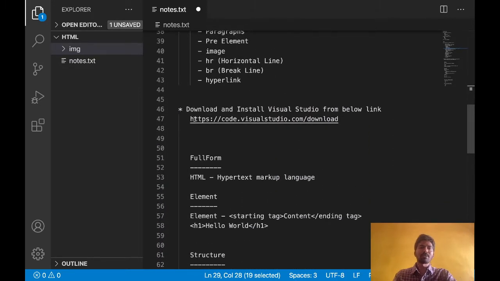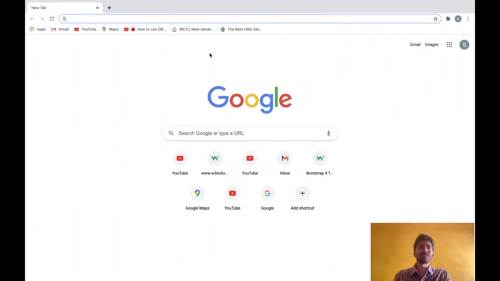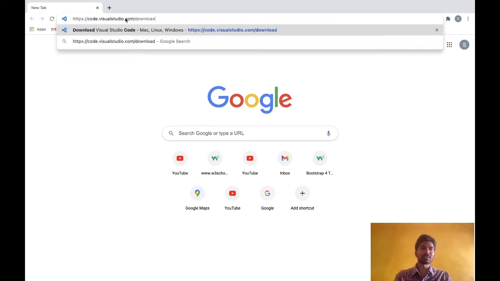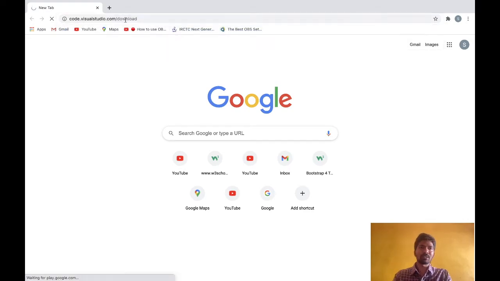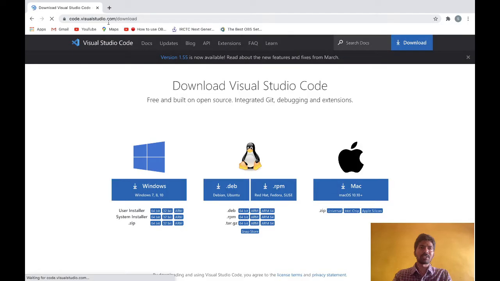I am providing this link in the description. You can go through this link and download it. Just go to Google and paste it. Here you will find the links for downloading Visual Studio Code. If you are using a Windows laptop, you can click this one and download Visual Studio Code.